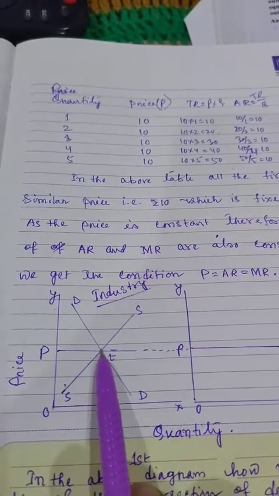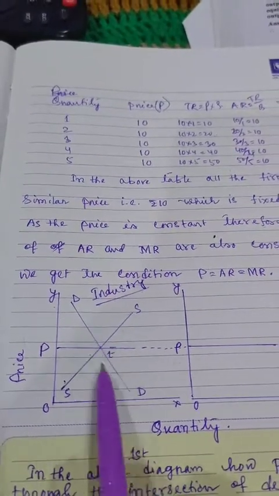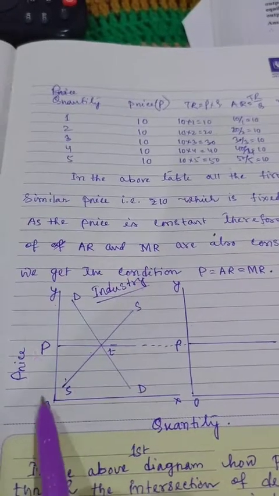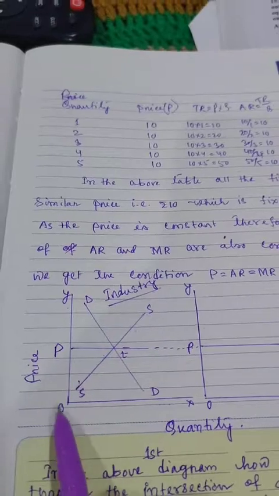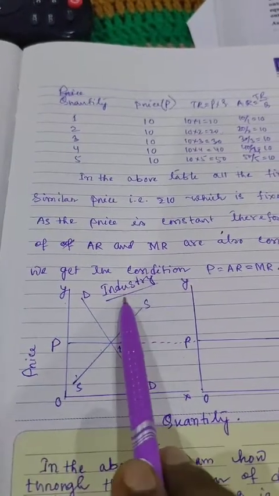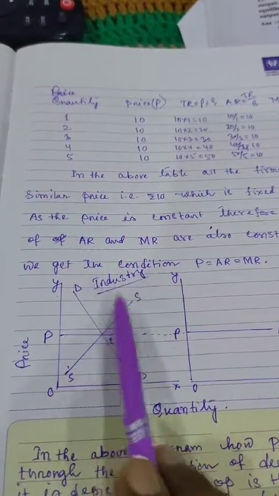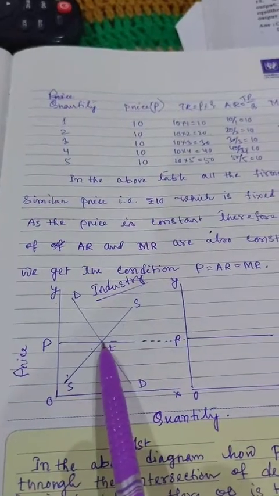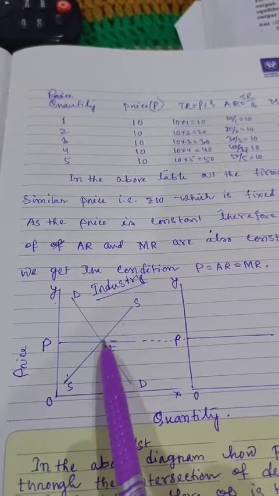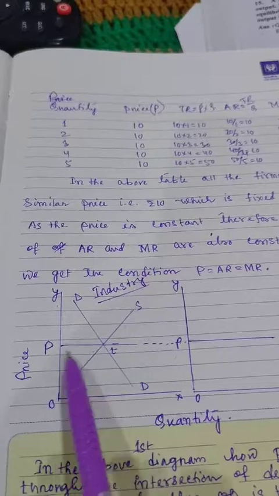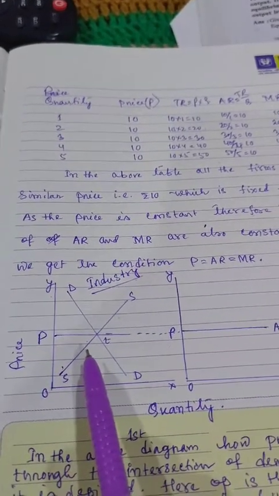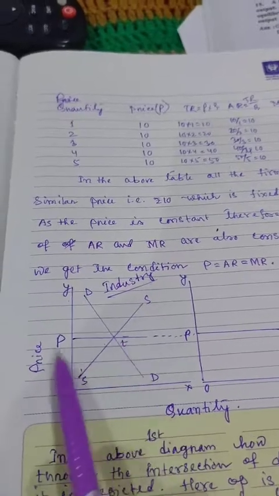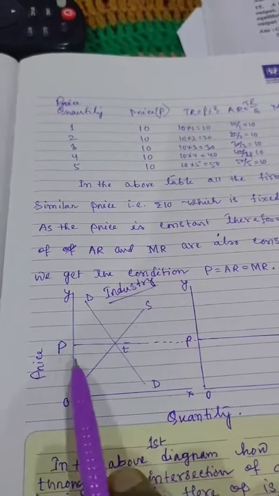Now it is the intersection point between the demand curve and the supply curve, and hence OP is the price fixed in the market, and this price is fixed in the industry. That means how is it fixed by the industry? Because it is the decision taken by some leading firms in the fixation of the price of the commodity. Some barometric firms or the leading firms or large firms will decide what price will be followed, and this price will be